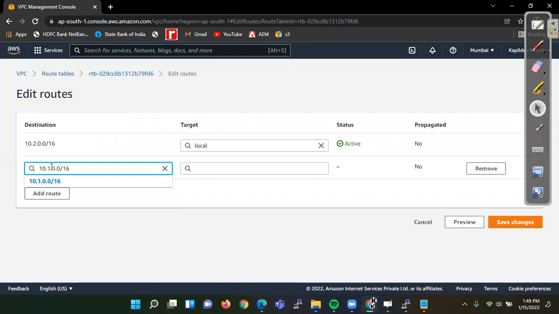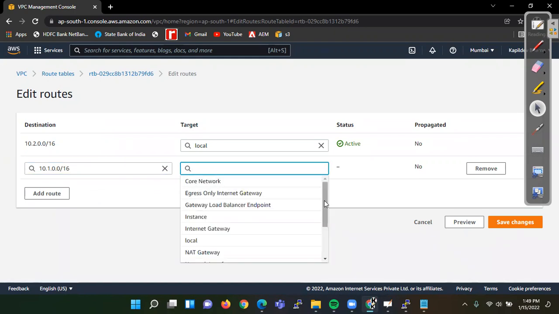I have provided the IP range for that VPC-A. Or friends, you can provide the IP address of that subnet only. That is also possible. That means that private subnet can access only this VPC. You can have that option also, or you can have 0.0.0.0/0 also.